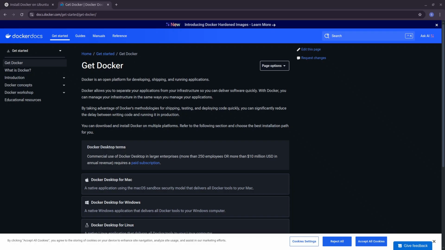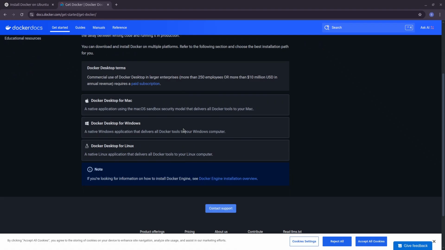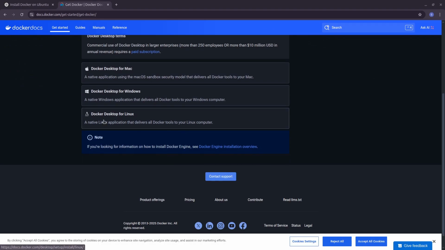So here I just opened the documentation of Docker. If I check this one, it says a native Linux application that delivers all Docker tools to your Linux computer. So basically the Docker Desktop version is a GUI, and GUI means graphical user interface. I earlier used this, but I see it takes lots of resources,